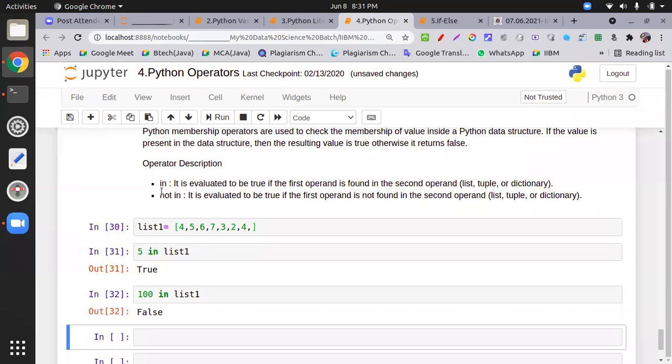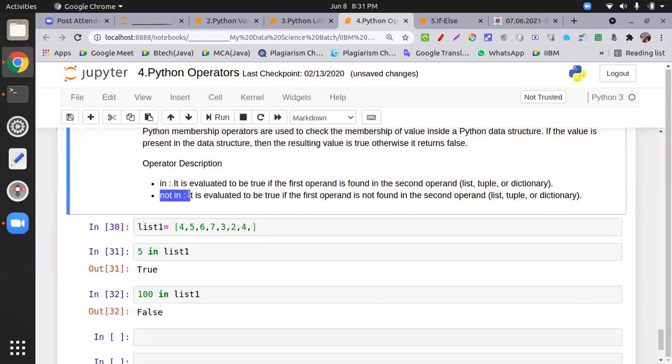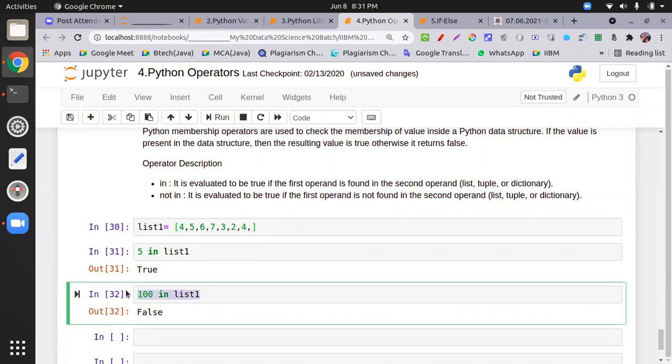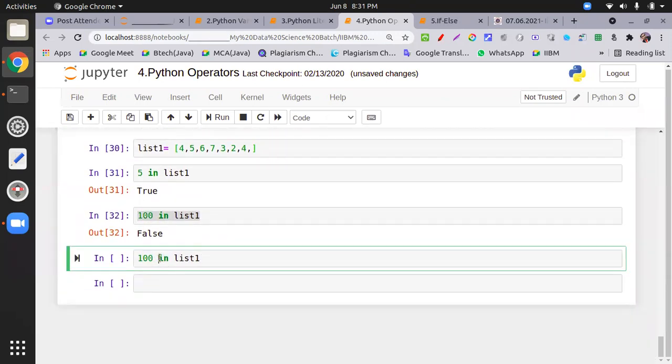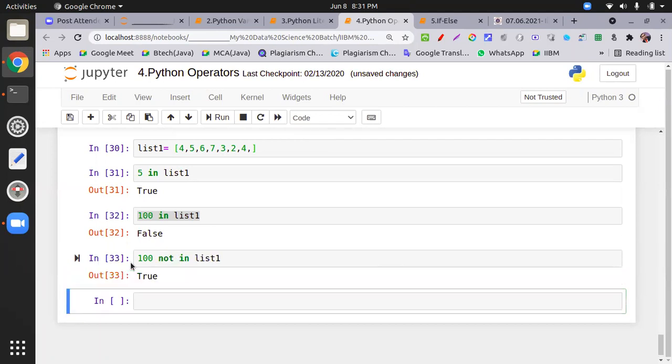Opposite to in, we have not in. If something is not a member of this, it will give you true. It means you can also check what is not available in a collection. So the in operator says the thing is present, and the not in operator says the thing is not present.